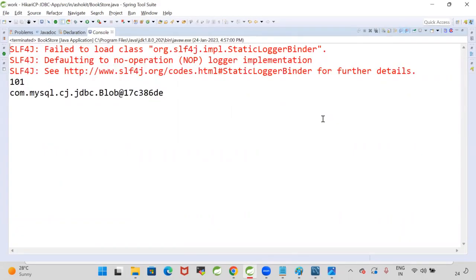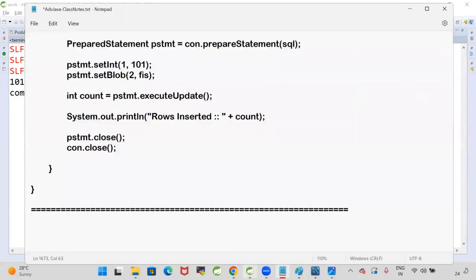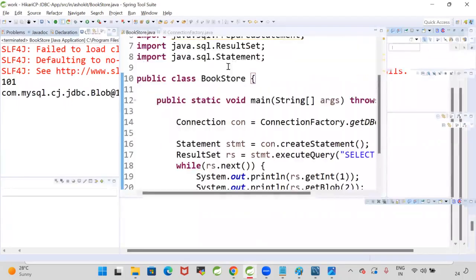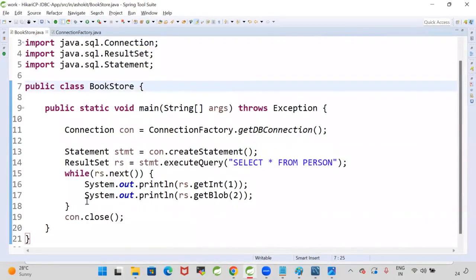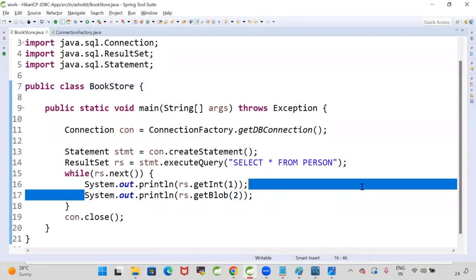Once we retrieve the image, we need to store that image into another file. So how do we store that image into another file? We cannot print the image as it is on the console because it is binary data. So now, whenever we retrieve this image, what we need to do is